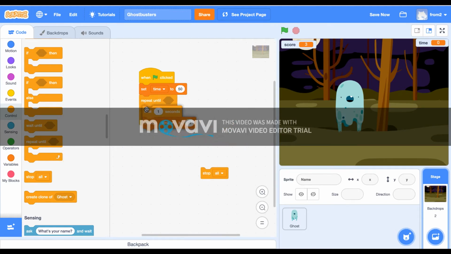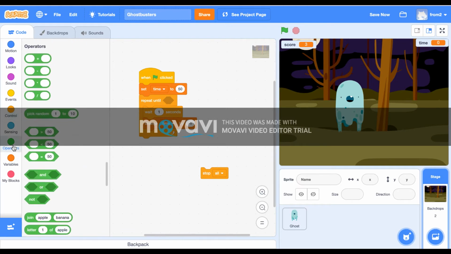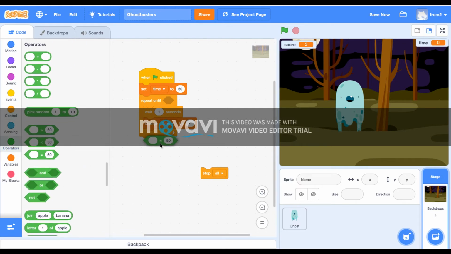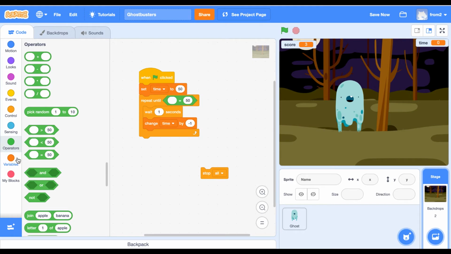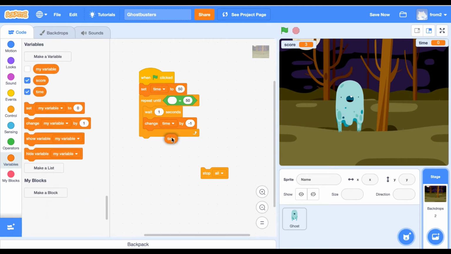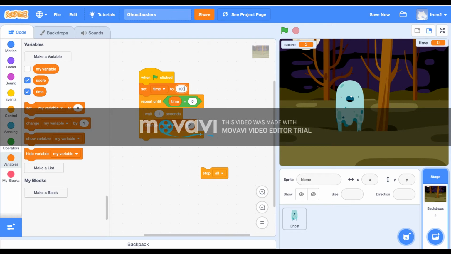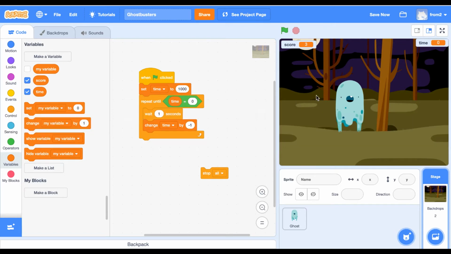So you just put it right there, and then you can go to operators and get this equals operator, and go to variables and get this time variable, and then you can repeat until time equals 0. So then no matter what number we make it, even if we make it 100, it will keep on counting down until time will equal 0. Even if we make it 1,000, until time is 0, it will keep on counting down. So that's why it's better to do it this way,